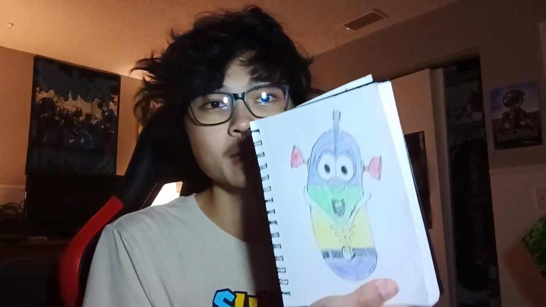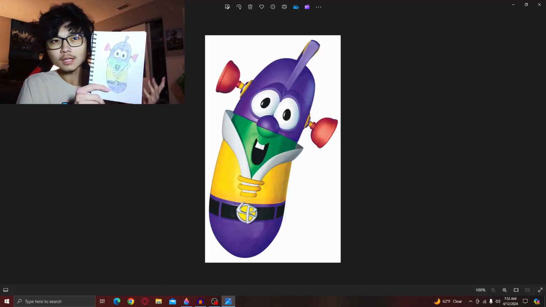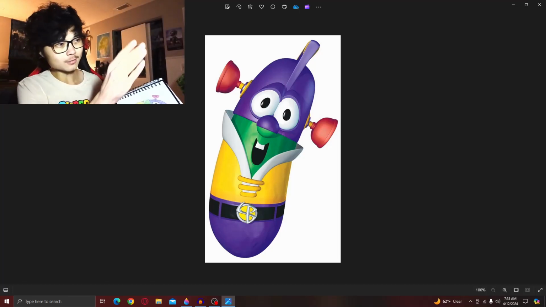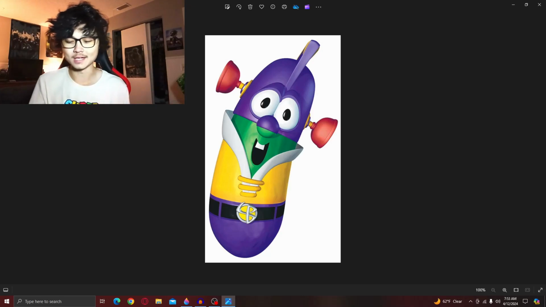I've also been drawing this character ever since I was young. Granted, the pictures that I used to draw of it weren't exactly very good, but I tried to draw one just recently, and the camera is also recording this in reverse, so it might look a little bit off. But all in all, I feel like I did a decent job at replicating how it's supposed to look. So with that being said, I'm gonna be trying to draw this in Microsoft Paint,